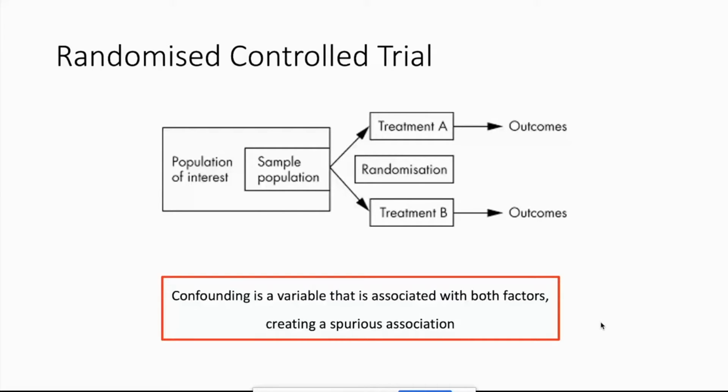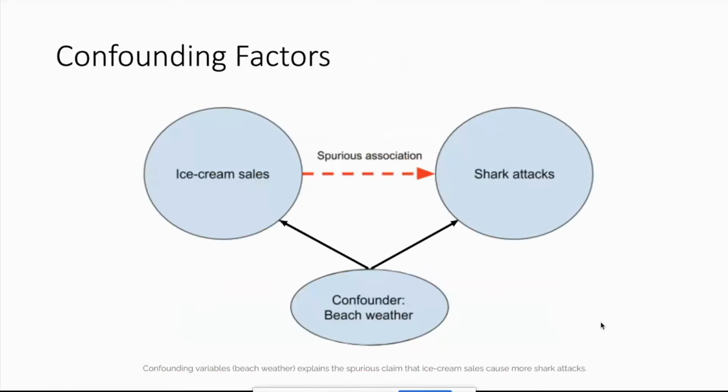factors. And a confounder is a variable that is associated with both the exposure and the outcome, and this creates spurious associations. I'm going to explain that in a little bit more detail because it's quite a key concept. A confounding factor, as I said, is associated with both the exposure and the outcome. So if I was to